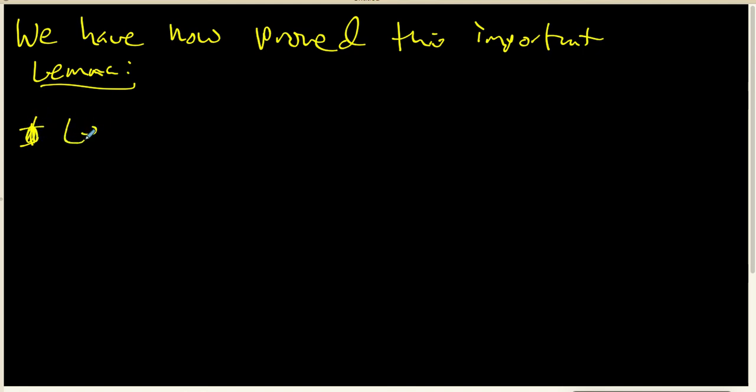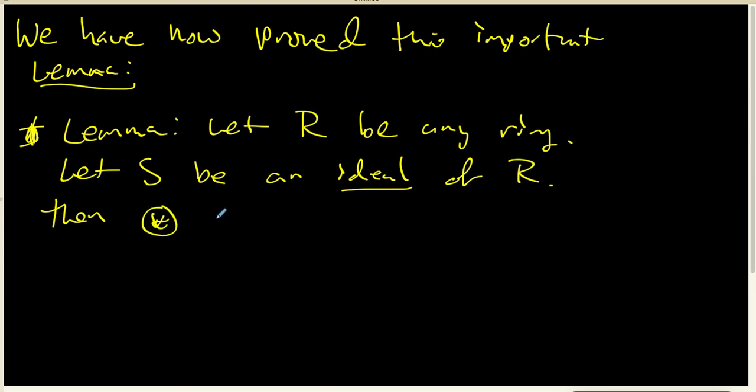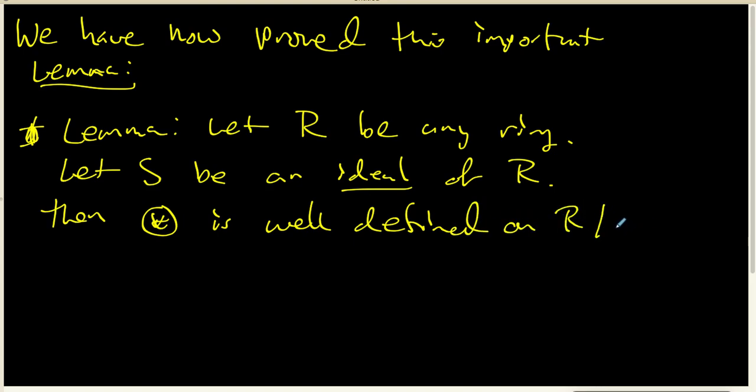Let me actually write it properly as a lemma. Let R be any ring. Let S be an ideal of R. Then the coset multiplication is well defined on the quotient structure R mod S. In other words, we have a chance that R mod S might be a ring. We'll investigate that